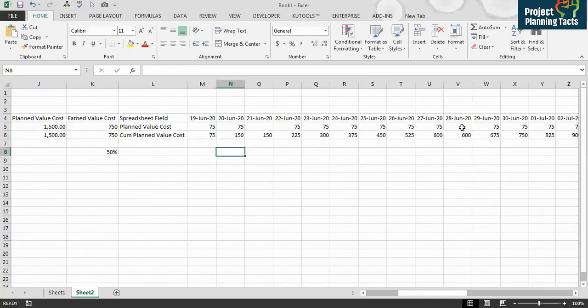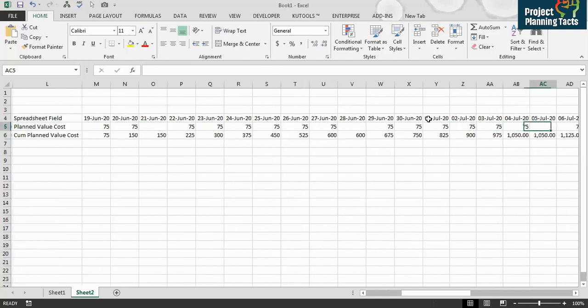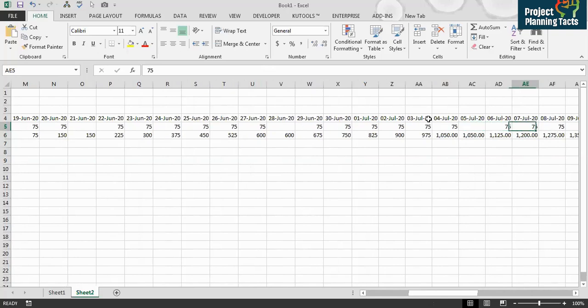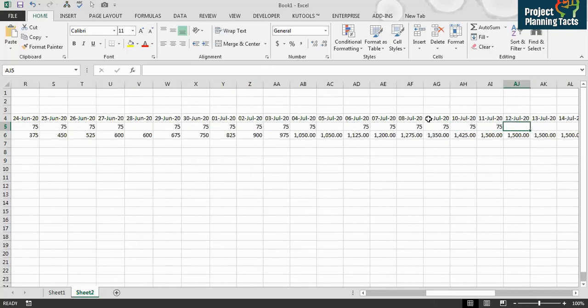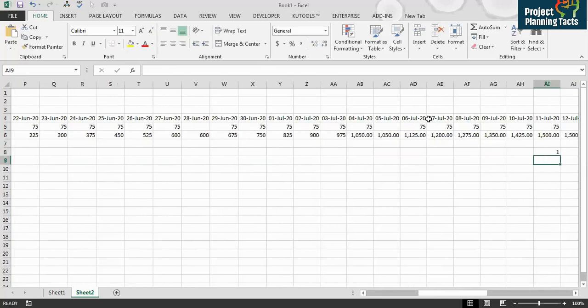So this plus this, it is showing 150. And then plus this, it is showing 250. So here we have got cumulative. So that's how this percentage works. Now I will show you here, 12th July is our data date, which is that one. So if I calculate from here this over the budget, it is 100%, and that's how it calculates the schedule percent complete in the program.